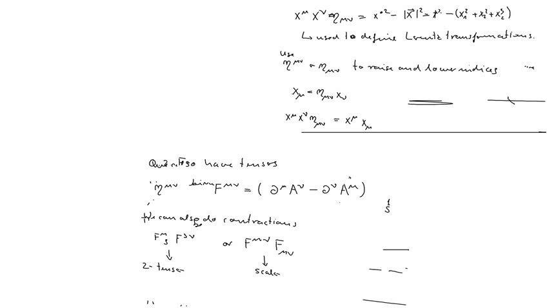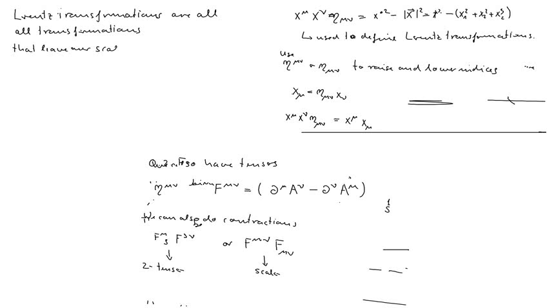I've always claimed that this is Lorentz invariant. But the trick is, of course, what has to be invariant or covariant, and what is the definition of a proper Lorentz transformation? Well, Lorentz transformations are all transformations that leave our scalar product invariant